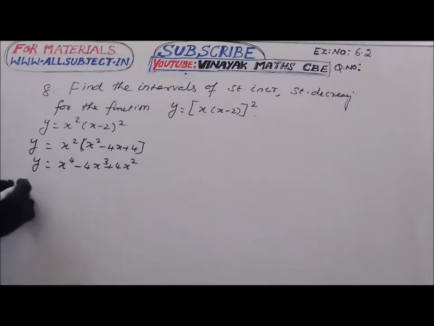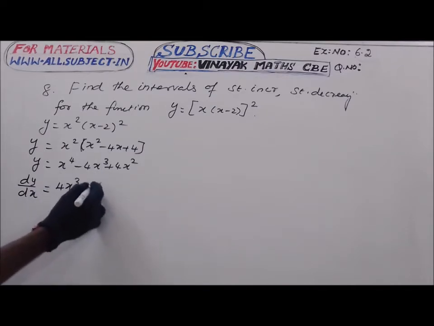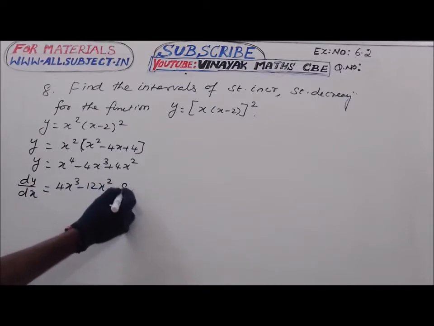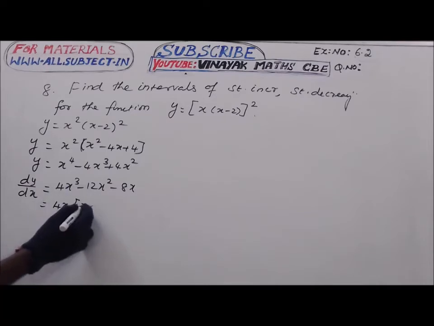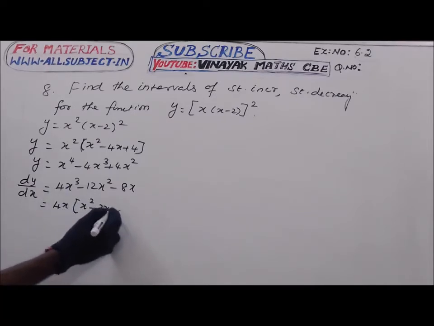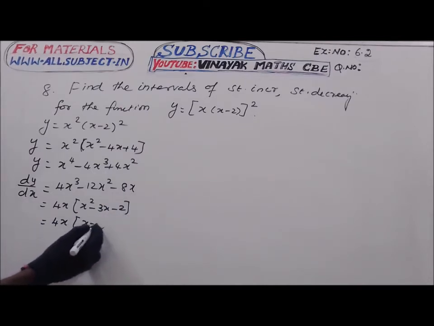So differentiating with respect to x, dy by dx is equal to 4x cube minus 12x square plus 8x. This is the derivative of y. Now taking out common 4x, the remaining are x square minus 3x plus 2. And factoring this, we will get 4x into